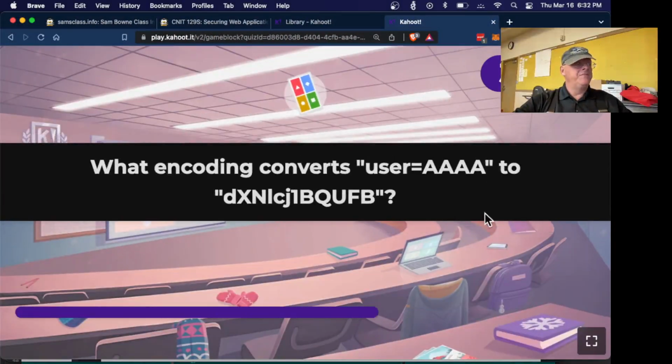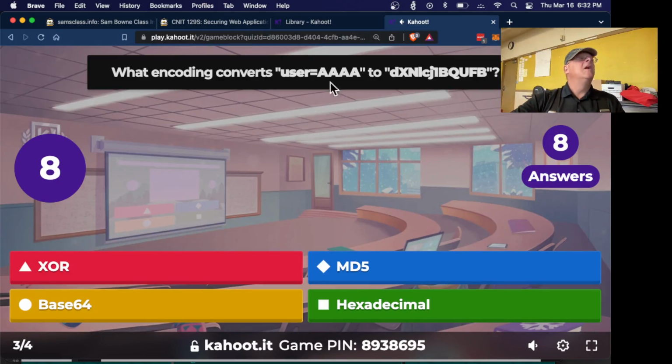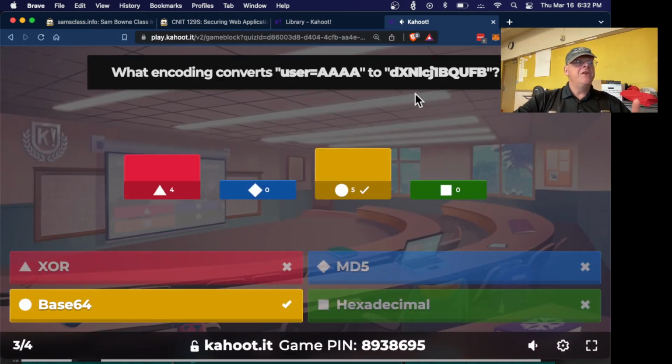All right, how about that one? That's base 64. Yeah, it is base 64. And by the way, you can see this is 3 characters, USE, R equals A is 3, and this is 3. So there's 3 groups of 3, so it doesn't need any padding. It'll turn into 3 groups of 4. So 3 groups of 3 characters turn into 3 groups of 4 characters.